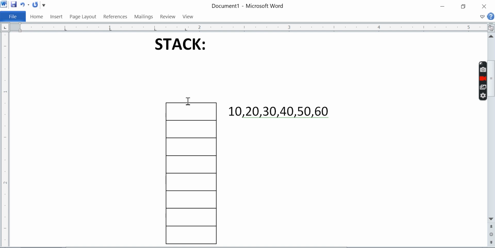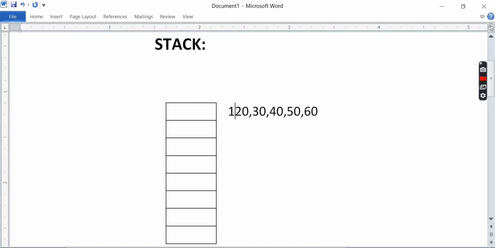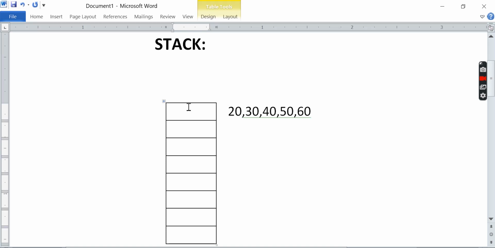There is only one open end, and the other is a closed end. Okay, so if you want to insert this 10, how are you going to do it? This is like a list, but it is a vertical list.